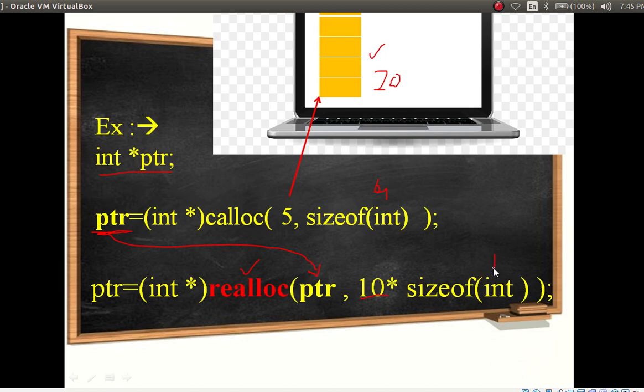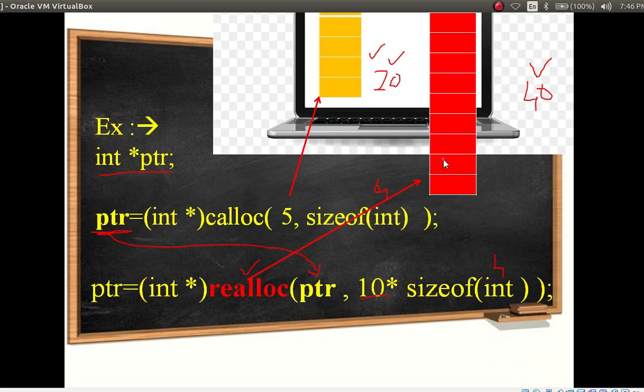So int size is how much? 4. 10 into 4, what is the output? That is 40 bytes. Previously allocated memory by calloc is 20 bytes. With the help of realloc, we are extending the memory to 40 bytes.